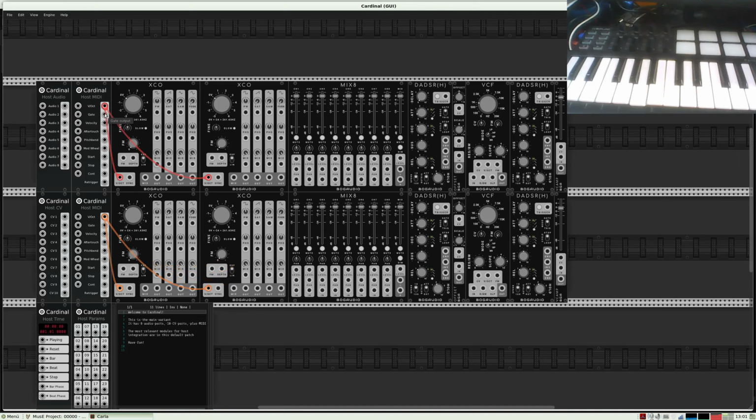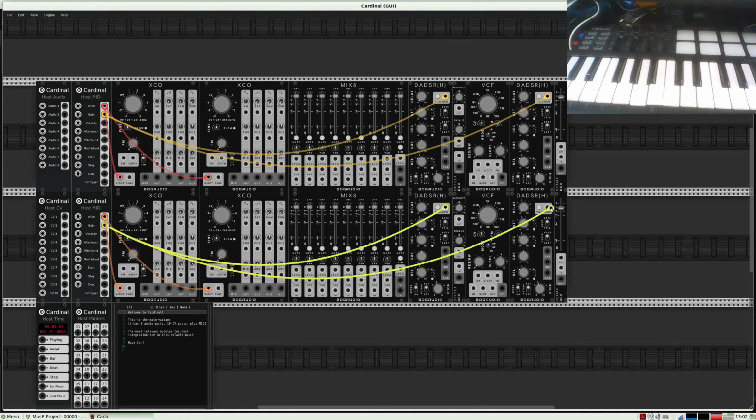We have here the gate. Gate is connected to the trigger here and there, and this gate here is connected to the trigger here and there. So I don't need more cables to these MIDI ports.